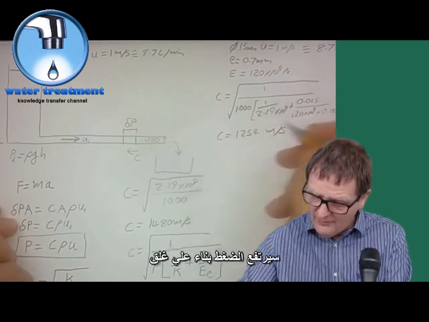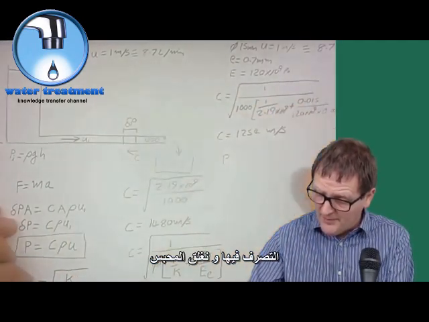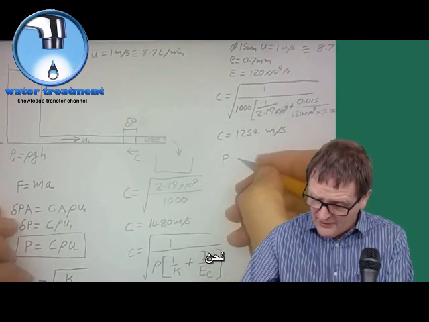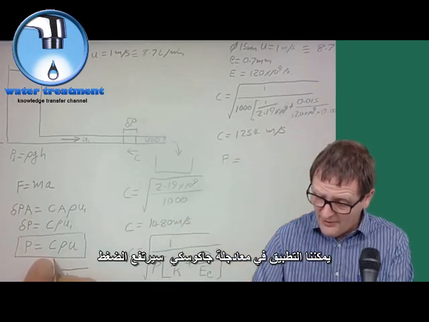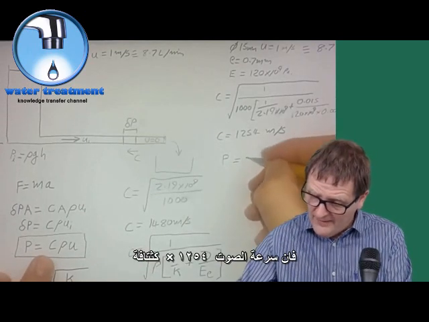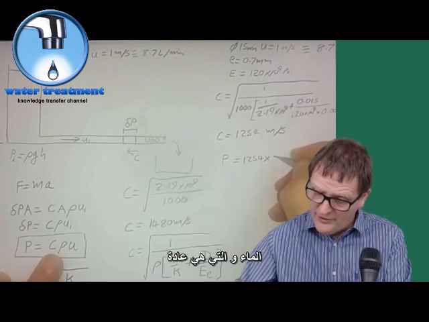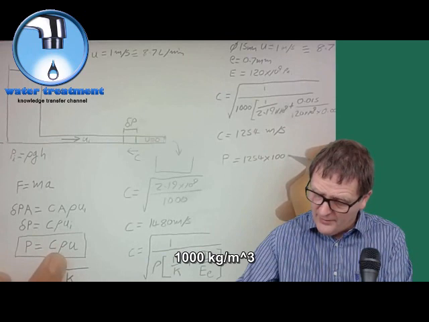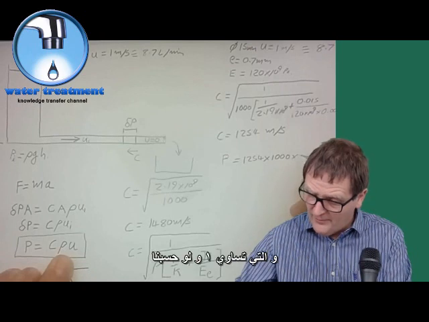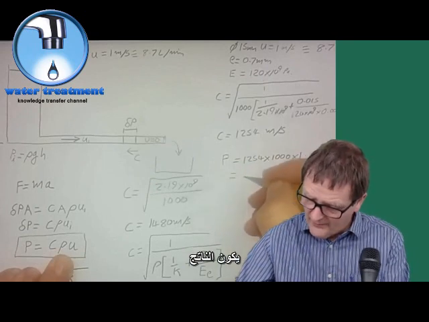So we now want to work out what the pressure rise is due to this closure of this 15 millimeter pipe with a 1 meter per second flow in it, and we close the end of the valve. Basically, we have the numbers now to apply to the Joukowsky equation. So the pressure rise is going to be C, which is 1,254, times the density of water, which is normally 1,000 kilograms per meter cubed, times the velocity, which in our particular example is 1. And if we work that out, that comes out at